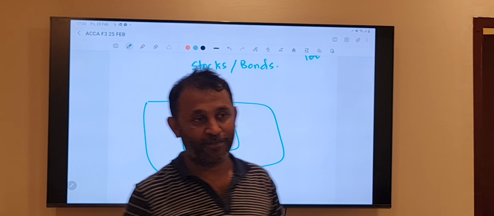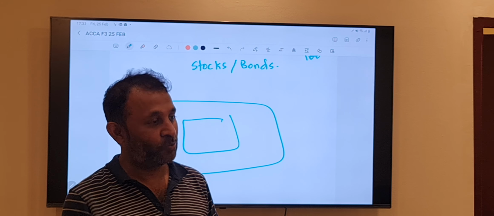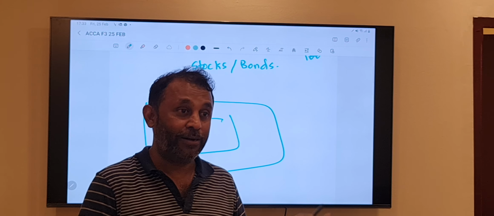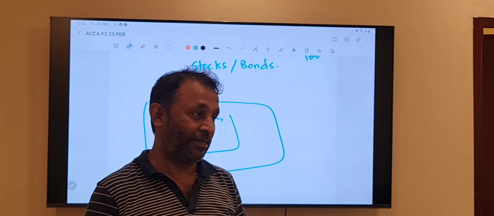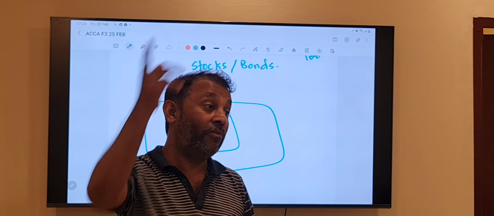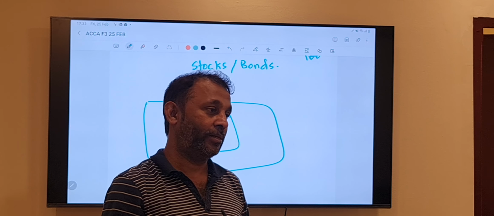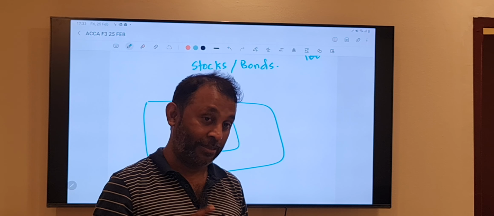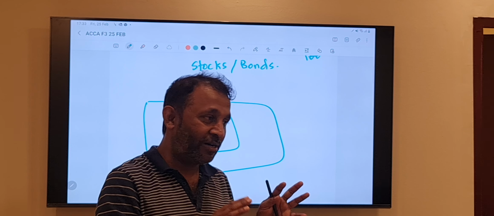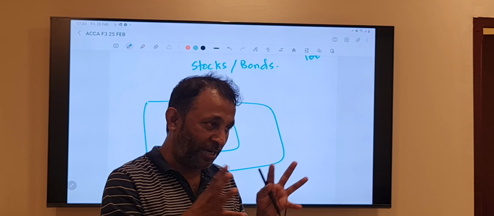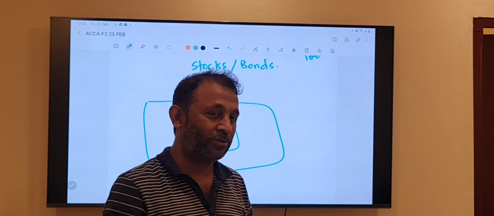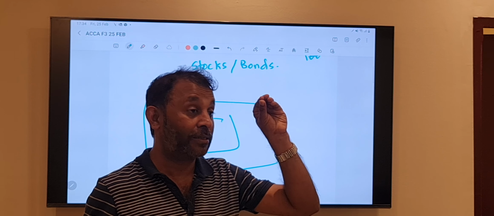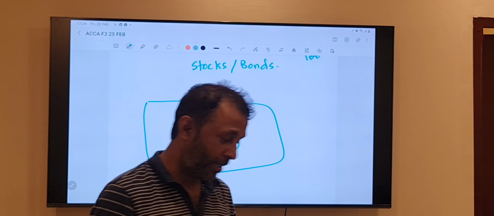Now, with the weather forecast, how do they read? Tomorrow rain could come or could not come. Probability. That probability is exactly the contingency. So the letter of guarantee, later, inshallah, when we study IAS 37 provisions, contingent liabilities and contingent assets, we will discuss in detail. Those are really interesting topics, but it will take some time to reach there. For the time being, just understand as a good example, that is a contingent liability.